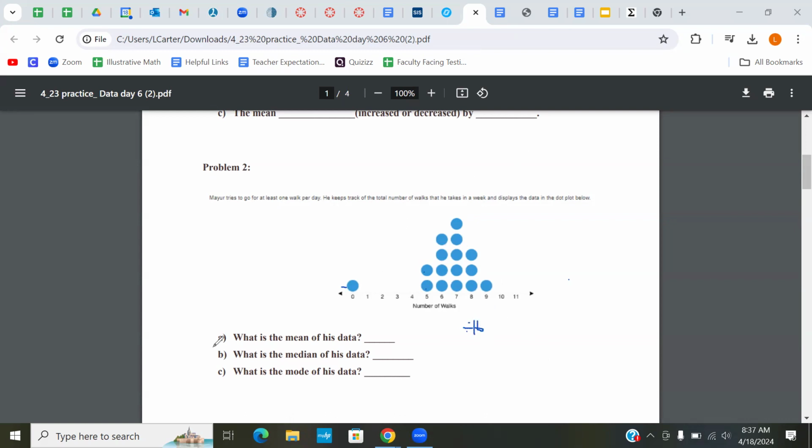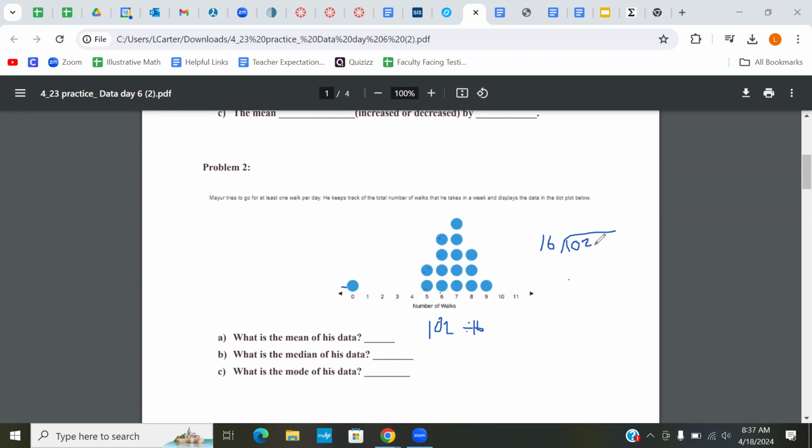It's how many weeks. Okay, so the mean, in this case, you add them all up. So it's 5, 10, 16, 22, 28, 34, and so on. And when you add all of them up, find the sum, you get 102. Okay, so 102 divided by 16. And I'm actually going to show you this one. All right, so